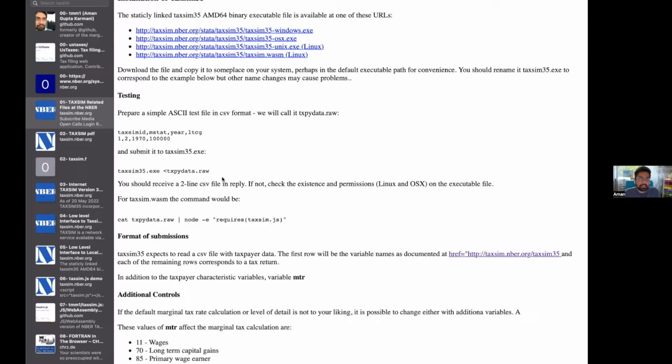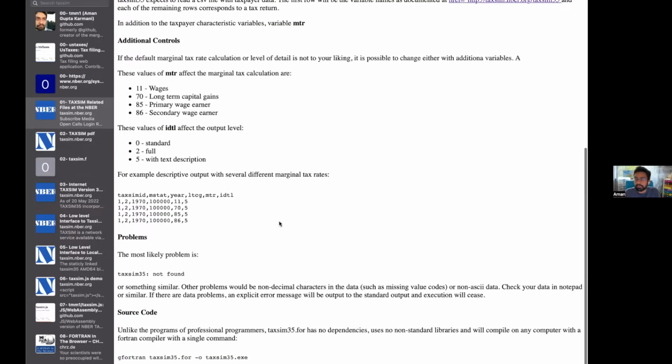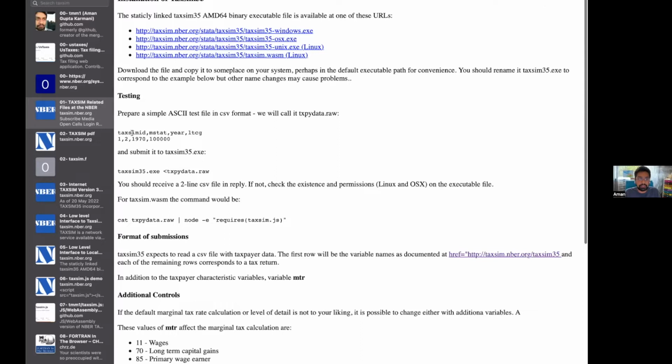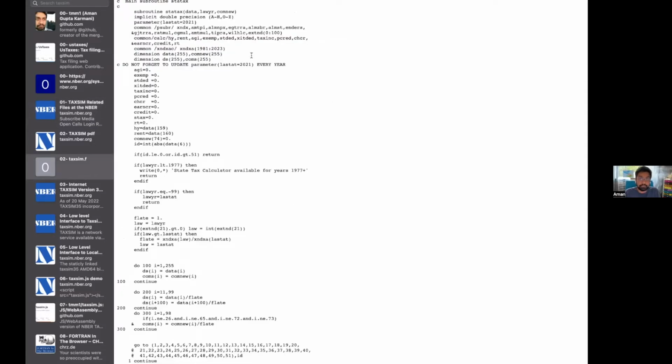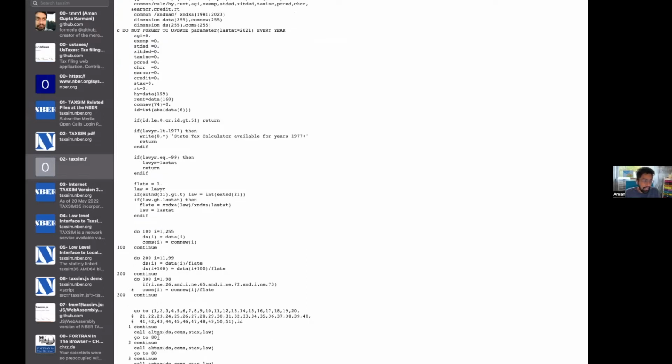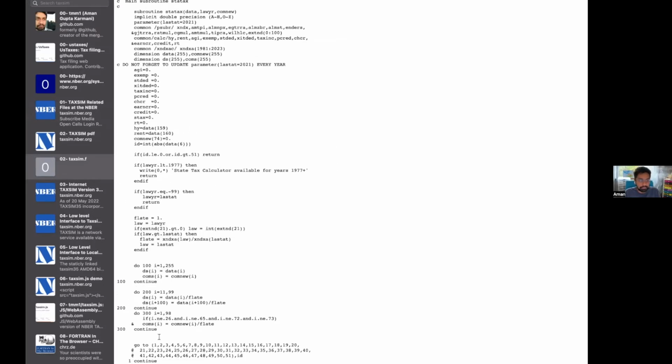And so then the idea became, how do we take the code, which isn't necessarily open, and maybe try to translate it. And so I reached out to the NBER. I talked to Dan. I pitched him on what I was thinking, and he was kind enough to send me this Fortran program, which is, I think, a couple megs of just one single file of Fortran, which is really old school Fortran. So like the first character on every line has a special meaning. I honestly don't even understand most of it. I haven't really looked at the code that much, but